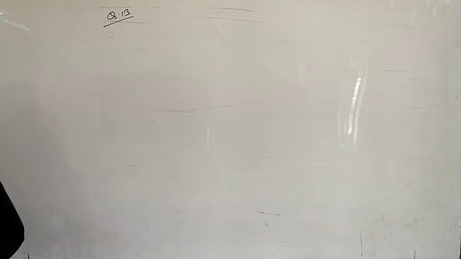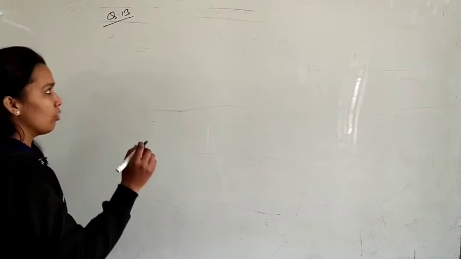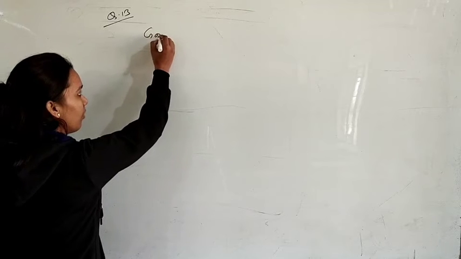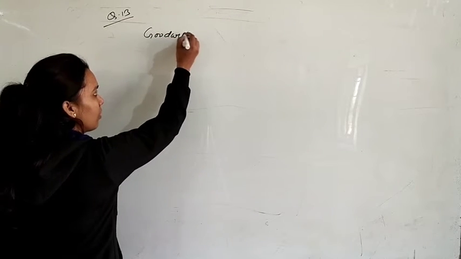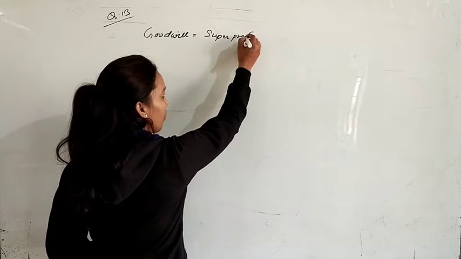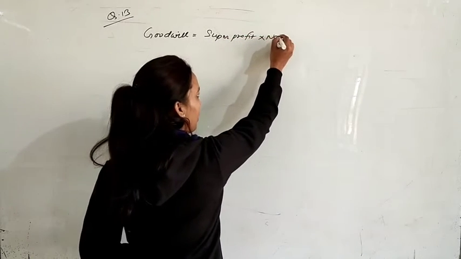Find out the capital employed from the following information. Normal rate of return is given, that is 12%. Profits are given of 3 years. Goodwill valued at 3 years' purchase of super profits, 1,50,000, and you have to find capital employed in this question. So you know that method that is going on, the super profit method. First of all we will put the formula of goodwill, according to super profit, that is super profit multiplied by number of years purchase.